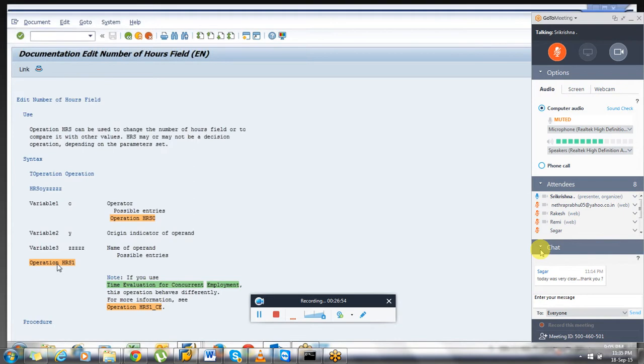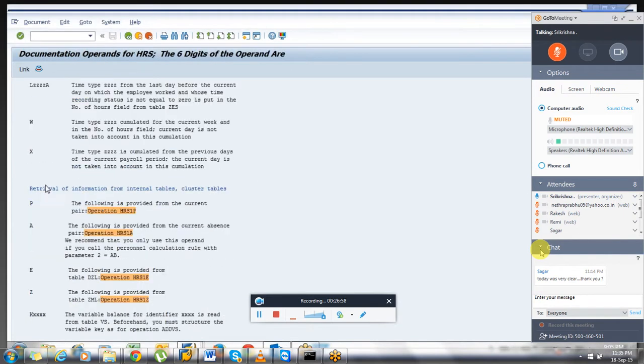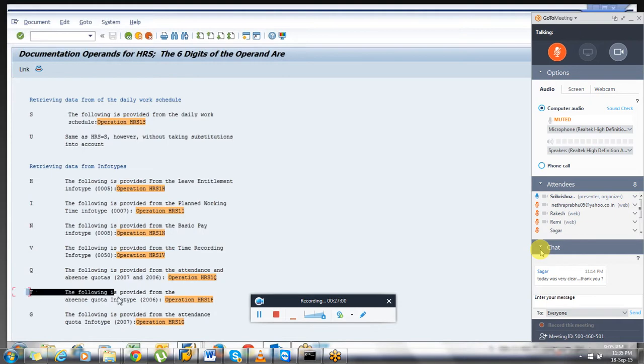So go to operation, you can search for F, which will be providing the data from Infotype 2006. So HRS in place of 1 we used is equal to F.